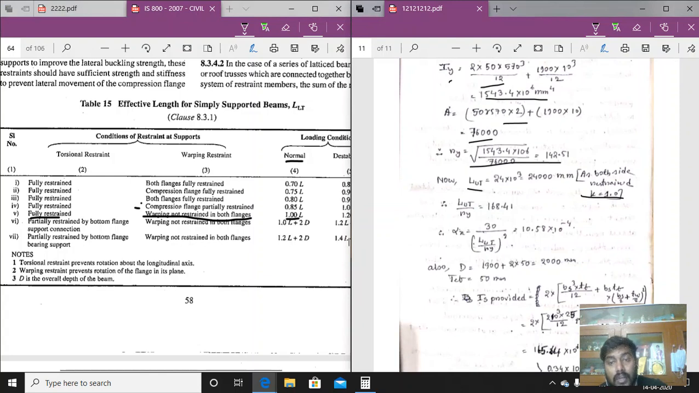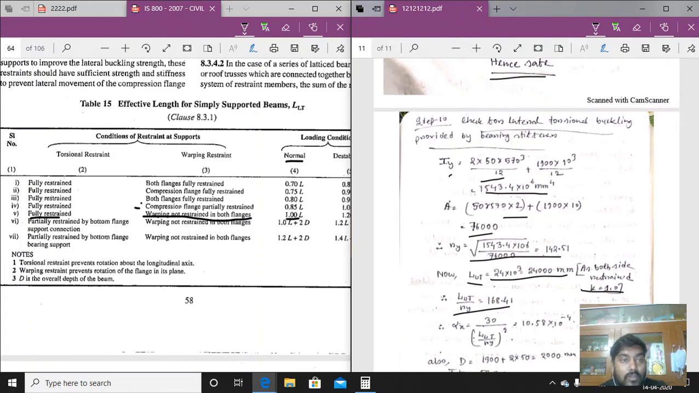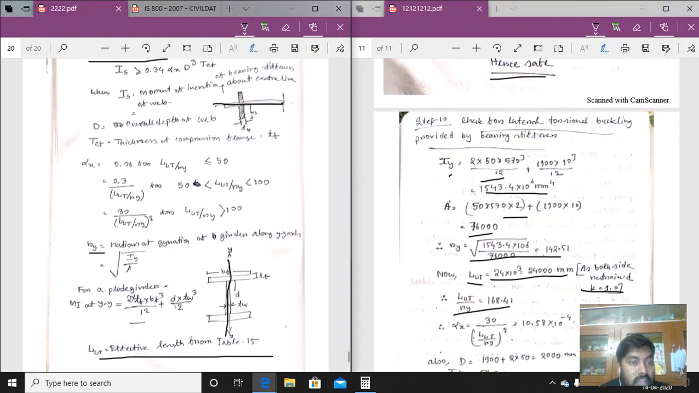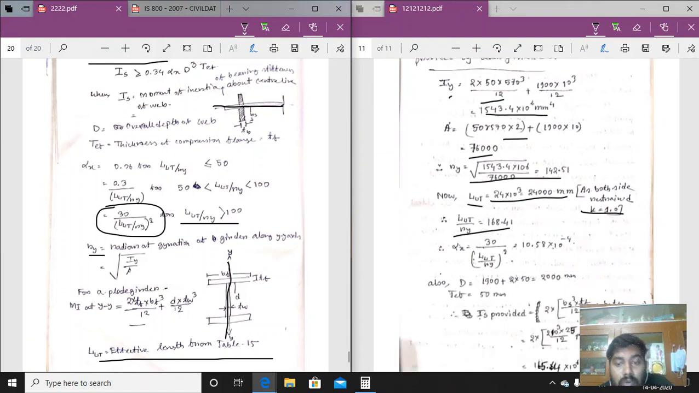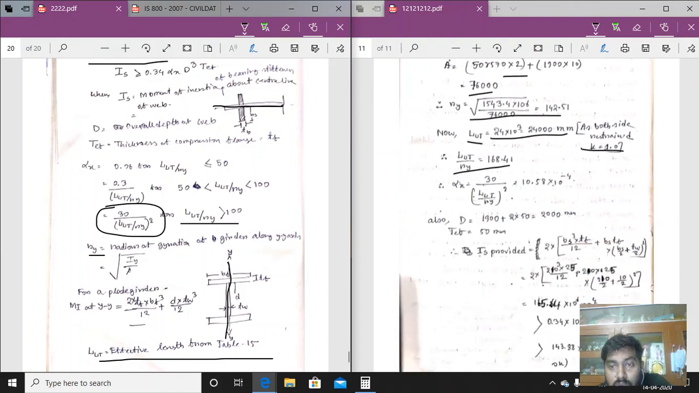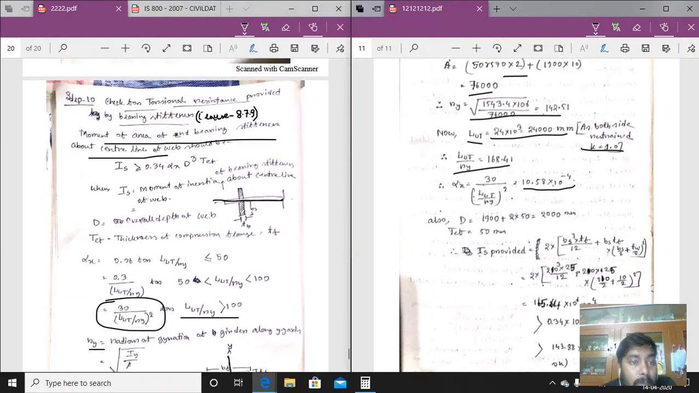So LLT is equal to the same value, that is 24,000 millimeter. So LLT by Ry we are getting 168.41. Depending on the LLT by Ry we have to take the value of alpha x. So LLT by Ry we are getting 168. So alpha x equals, putting all the values here, we are getting 10.58 into 10 to the power minus 4. Now we have to put the value here: 0.34 into alpha x into d cube by